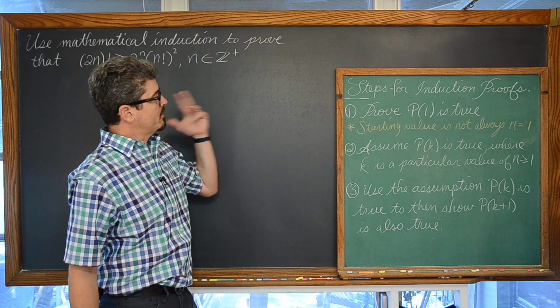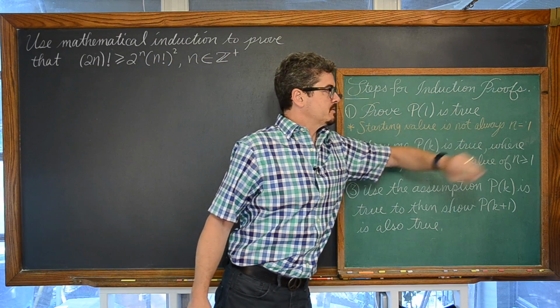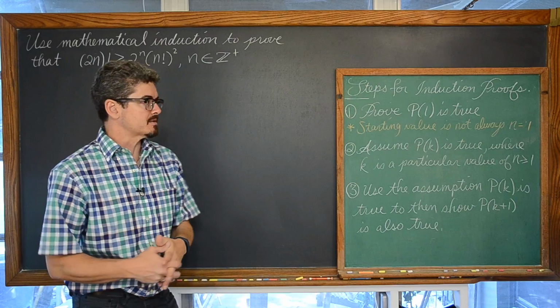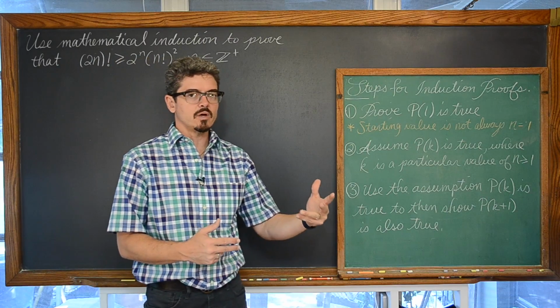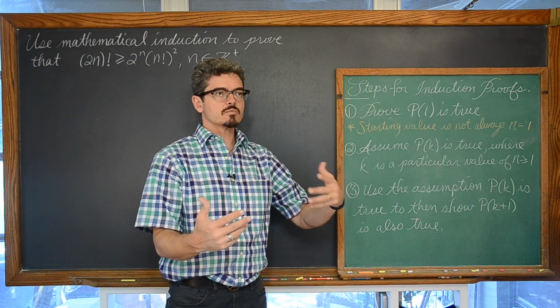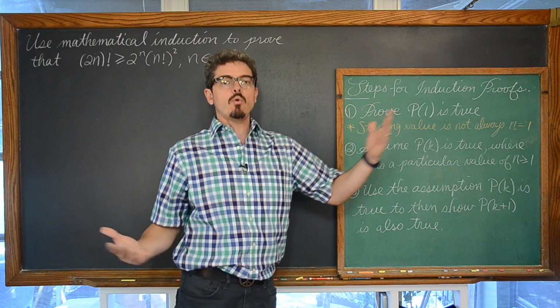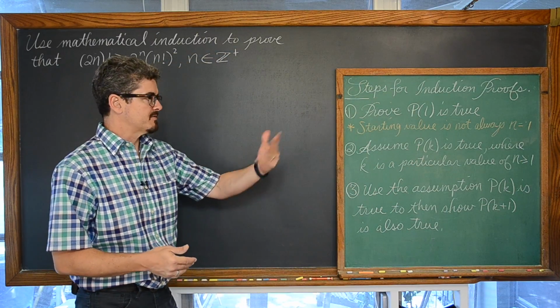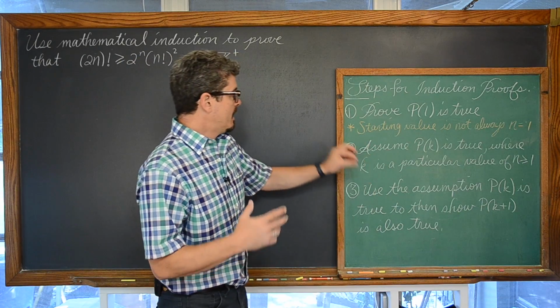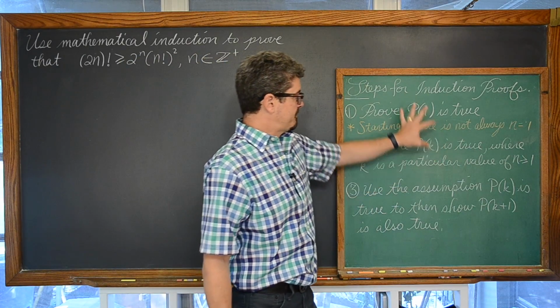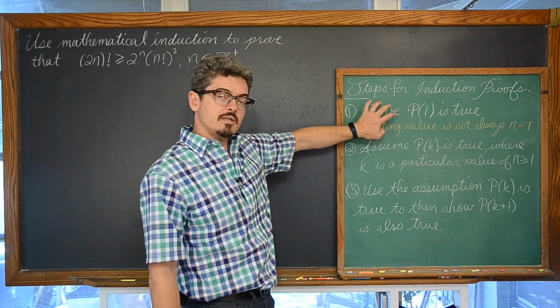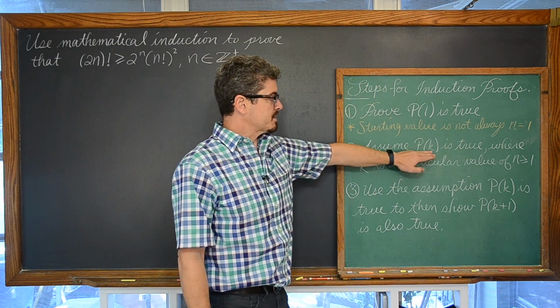Now that will be what we do here, but when you're doing your induction proofs, your initial value doesn't have to be equal to 1. It might be that some statement works when n is greater than or equal to 4. So you start checking with an n value of 4 and then go to 5, 6, 7, and 8 and so on after that, by assuming that if some given statement works for some initial value, then it always works.